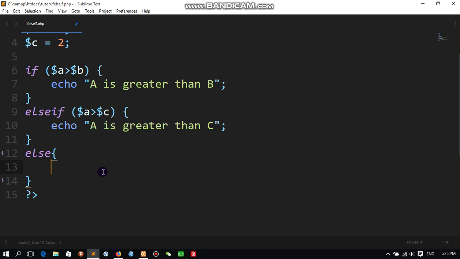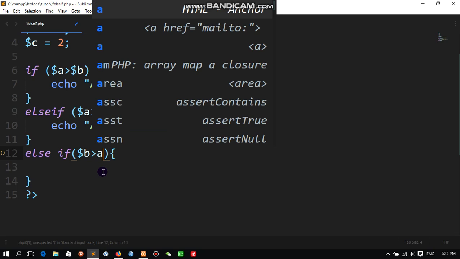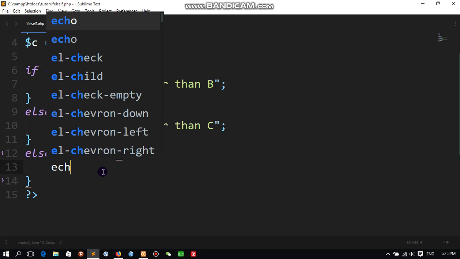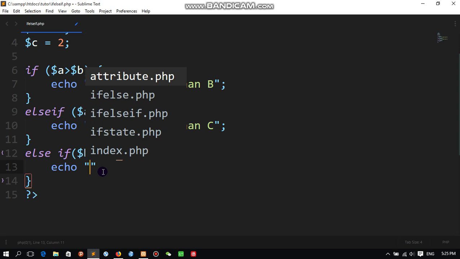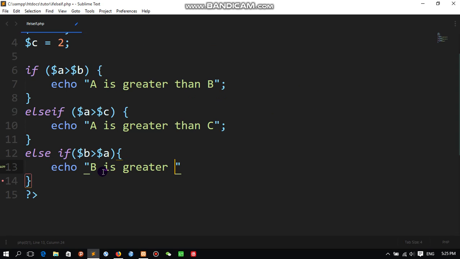Then, if B is greater than A, what if B is greater than A? We would say "B is greater than A".